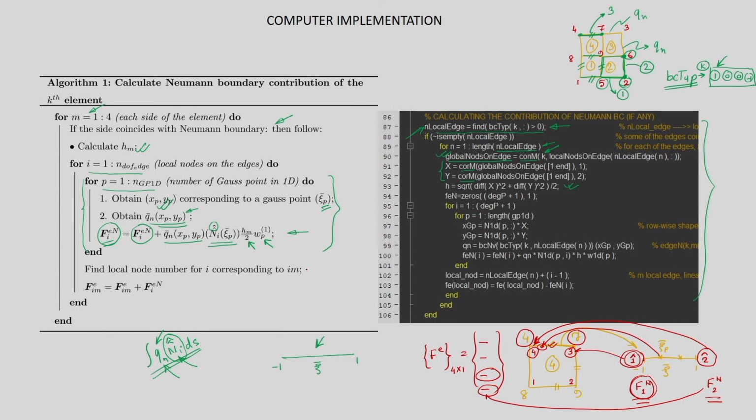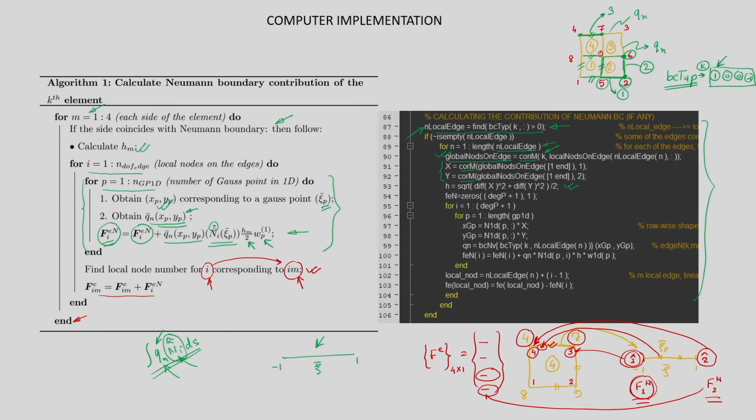So exactly that has been done. The corresponding local number corresponds to this I. This corresponds to the local number of the master element xi bar going from -1 to 1, where this corresponds to the quadrilateral element going from 1 to 4. So from I we are calculating Im, and we are adding the contribution to the element force vector. Alright. So the loop over all the edges for the kth element ends here. So still the loop over k continues.